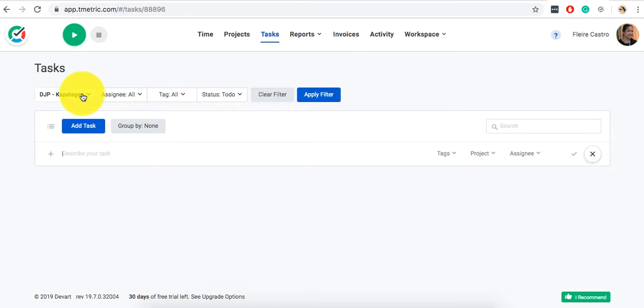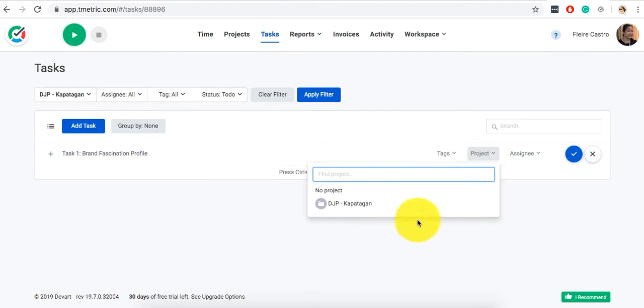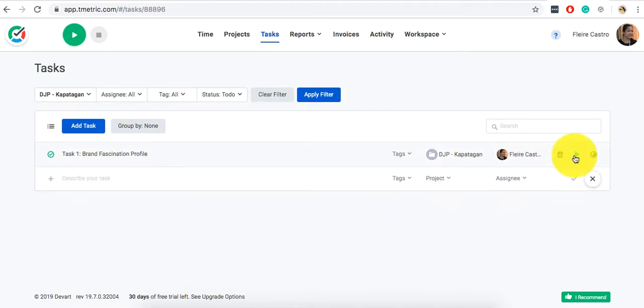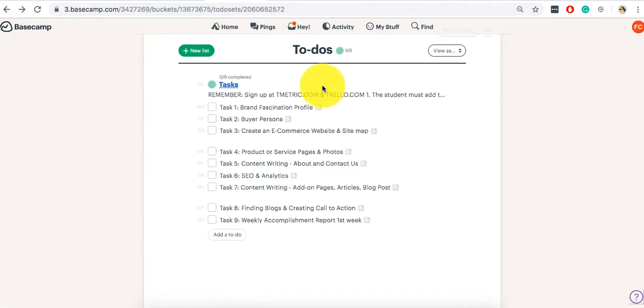Just make sure that you chose the correct project. So describe the task 1, brand fascination, and it's under the DJP. Assignee is myself, and then after that you click check, and you're going to do that for every single to-do that's being assigned to you